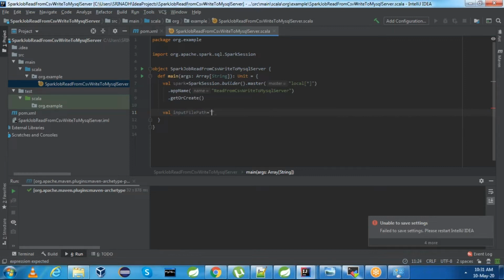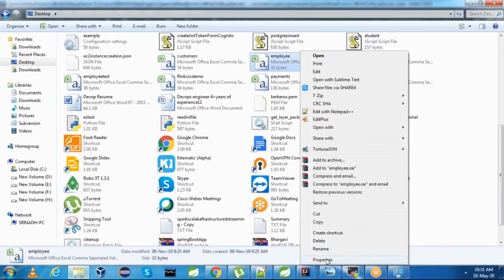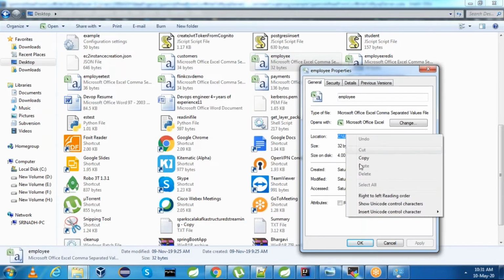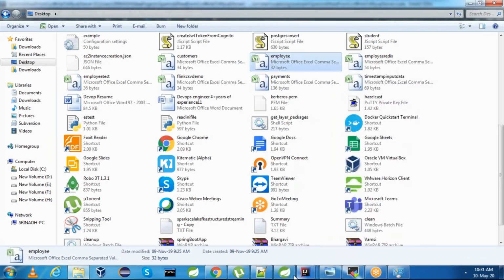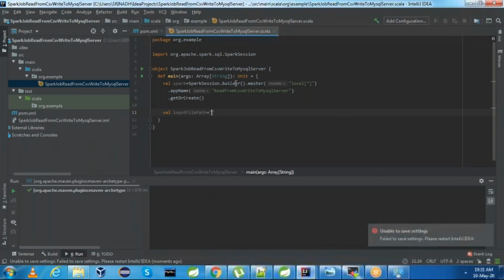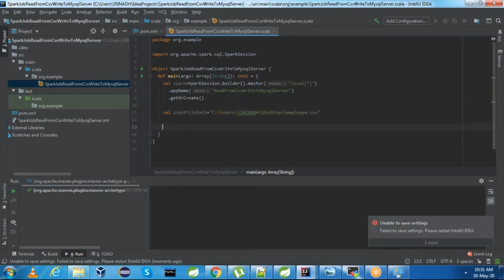When I'm running in the EMR cluster, I'll mention this as an argument. This is the file path, this is my directory, and the file name is employee.csv. This is the input file path.